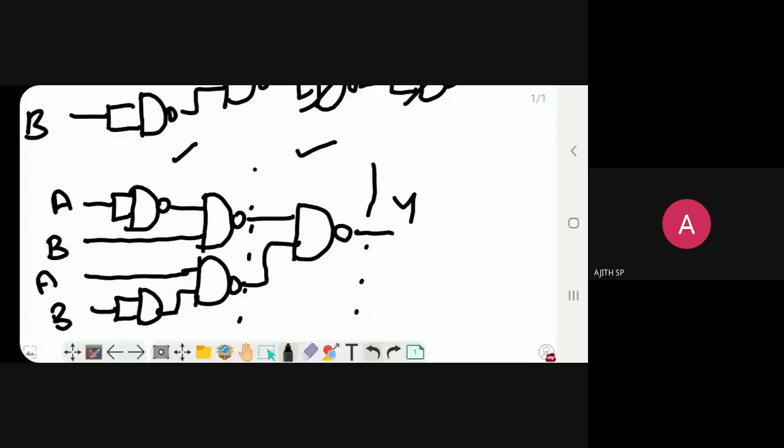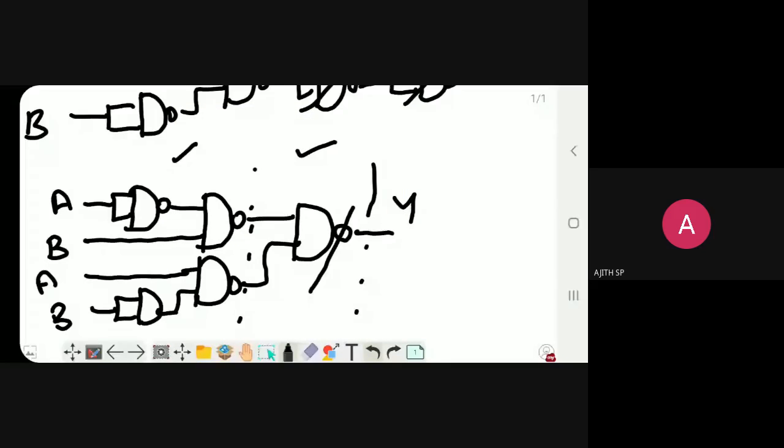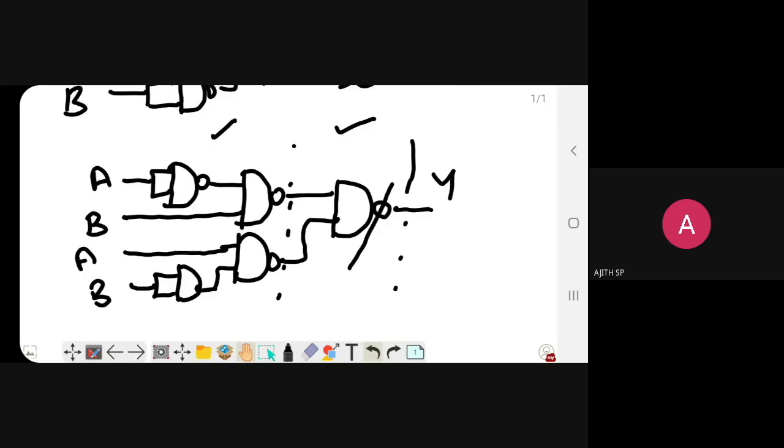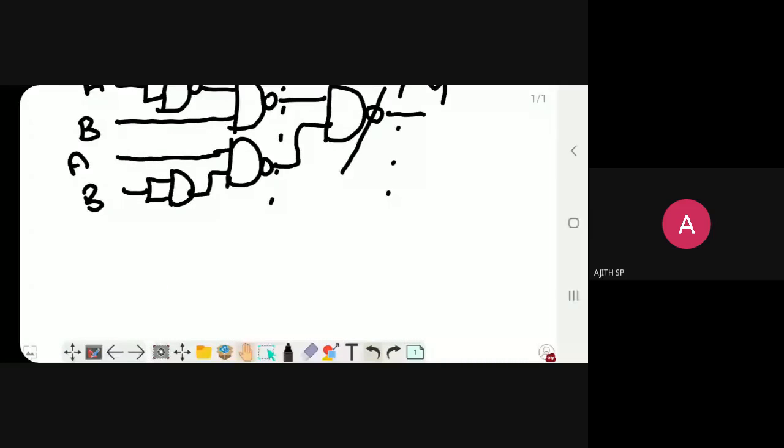Okay. So now I'm going to implement the same expression by using a NOR gate. For that, the same thing for the NOT gate, A. So this is the NOT gate implementation by using a NOR gate. Okay.